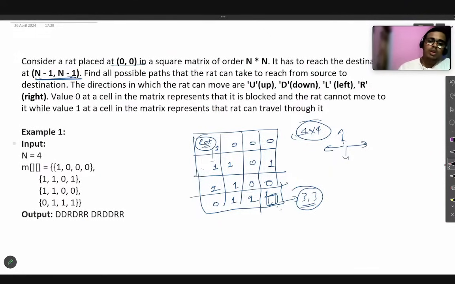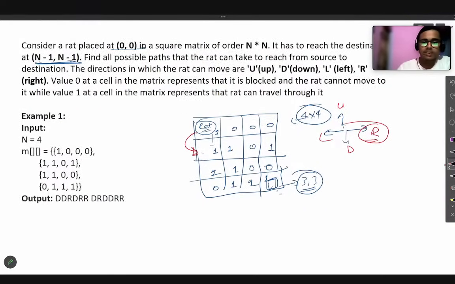Now you can see, when we move forward, okay? And please try to listen to this. If you have an exam in your upcoming weeks, this kind of problem can be asked. When you move forward, the rat can have 4 possibilities. It can go up, down, left and right, okay? This is fine. So let's take this value.